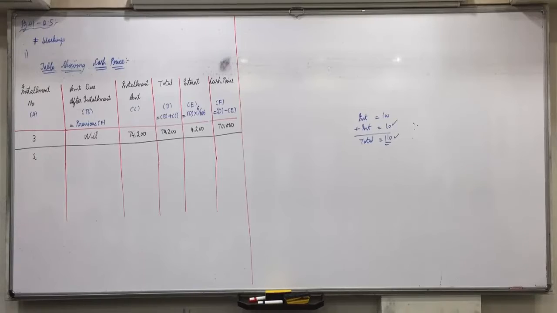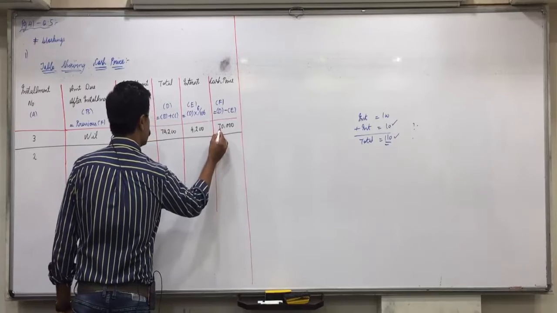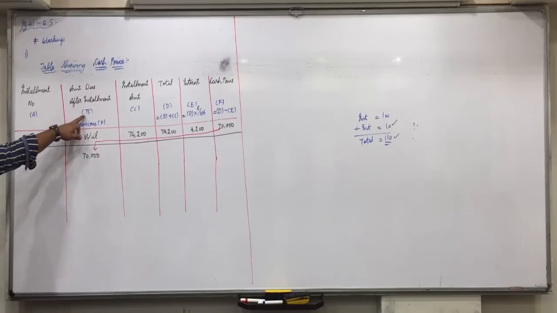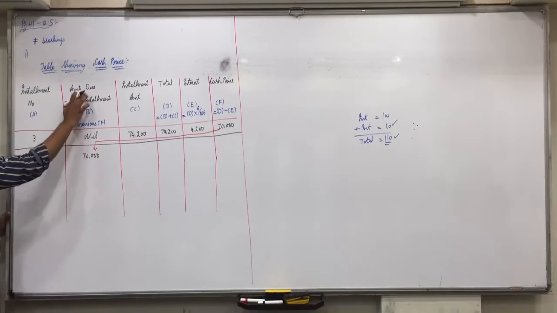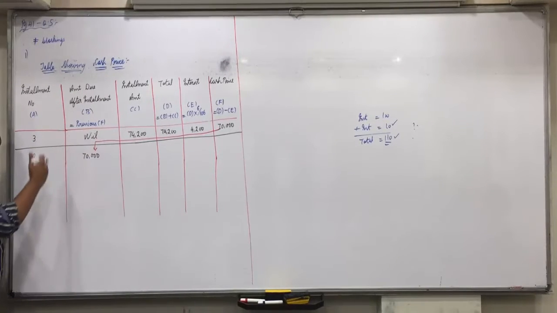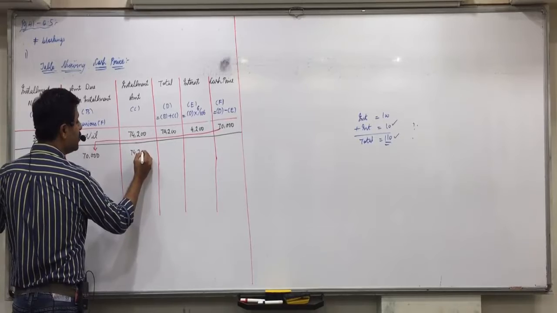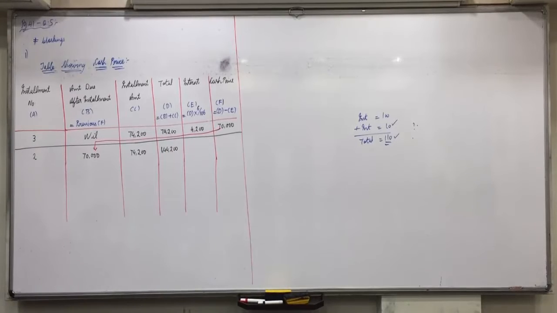Now you have to start with installment number 2. What you will do in installment number 2 is this: 70,000, you will take it as it is. As I made you write, B will be equal to previous. In B column you write the previous column, meaning what is the amount due after second installment? 70,000. On that we add 6% interest, and then we pay 74,200. Installment is again 74,200. 70,000 plus 74,200 is 1,44,200. Able to understand this? Now 1,44,200 into 6 upon 106.